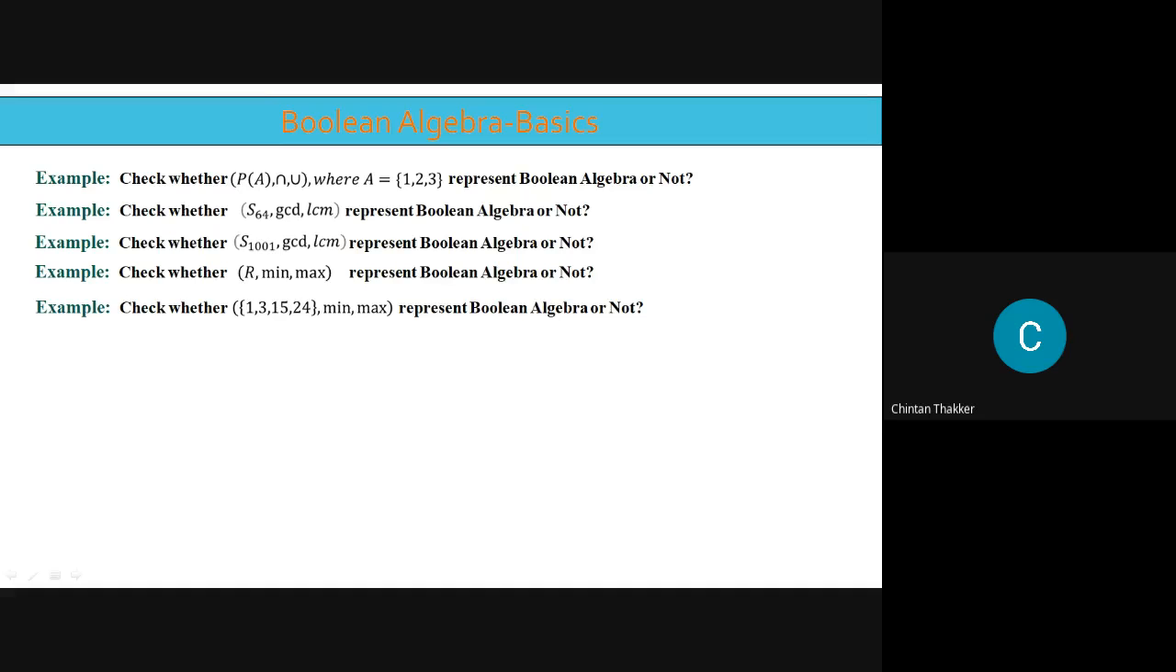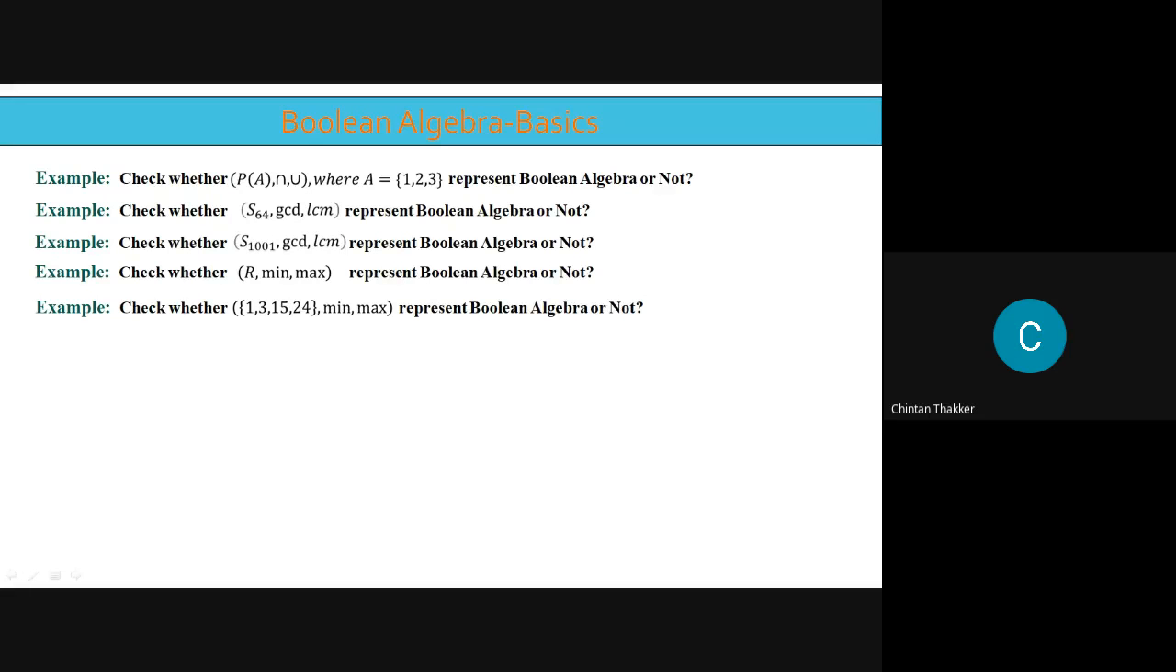But if we take the S72, 2 रिपीट होगा उसमें, S72 में 2 रिपीट आएगा, ठीक है, so it is not a Boolean algebra, ठीक है।